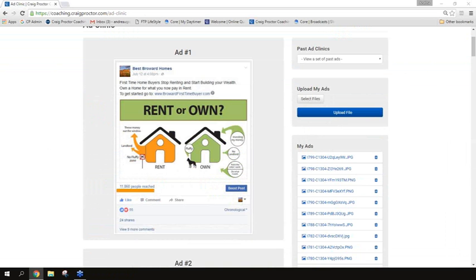I like this. Comes from Best Broward Homes. That's very, very good. And it's got the domain name, browardfirsttimebuyer.com, above, and you want to have it below as well. Above the post and below the post as well. So that's something that's pretty good. But again, that's my suggestion here. And hey, you're testing it, so let's see what happens when you test it. But a free list of properties will almost always pull more and better than a free report or how to do something. Just give them what they're looking for. Ad number 2.